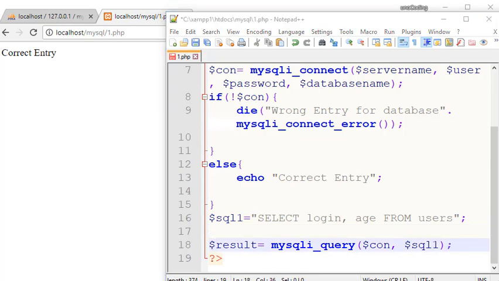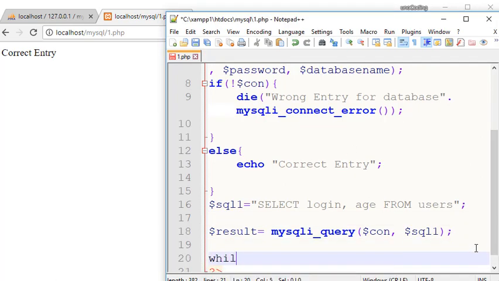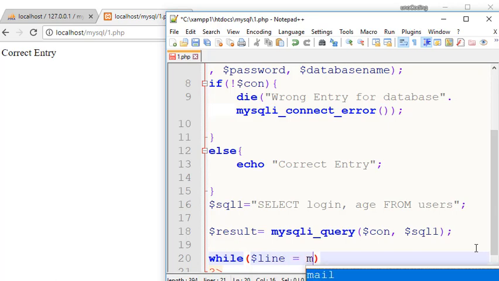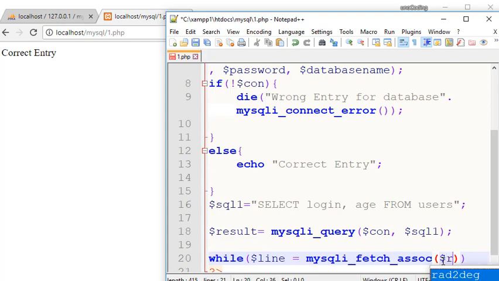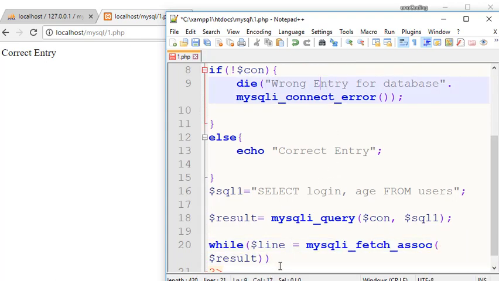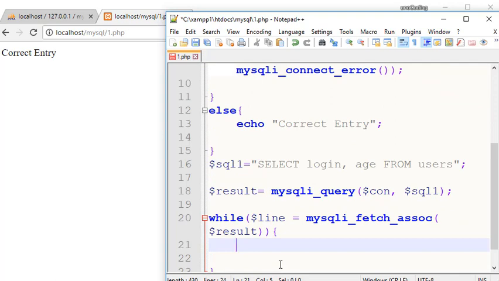Now to get this actually displayed properly, we need to add in another code, which is our while loop. We're going to make a new variable like line, and inside we're going to use the MySQLi fetch ASSOC. Inside of this we're going to go ahead and type in our result like so, and then we're going to add in curly braces to write what needs to be displayed inside, and through echo we're going to write first of all login, and I'm going to put a colon here, and then I'm going to put a dot and then my line variable, which is actually going to be an array, so we have to put square brackets,